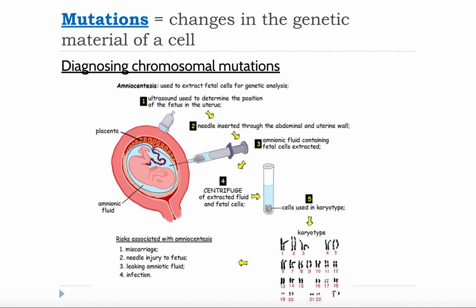One of the ways you can diagnose chromosomal mutations is before the child is born. One way is called amniocentesis, and in this case, they draw a little bit of fluid surrounding the child. The importance is you don't poke the child with a needle. That's why you use the ultrasound. And then you can take the fluid surrounding the child. There are some cells that the baby sheds in that fluid,